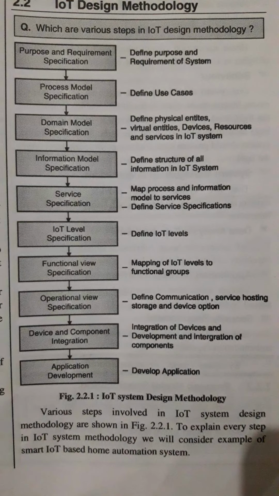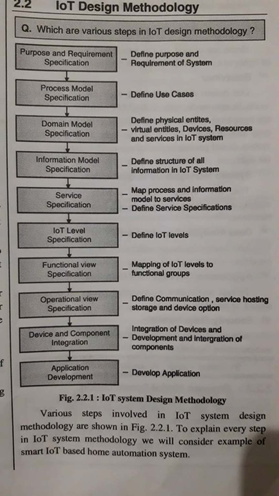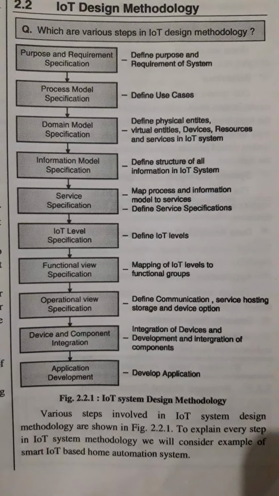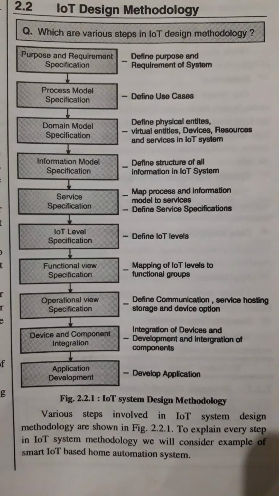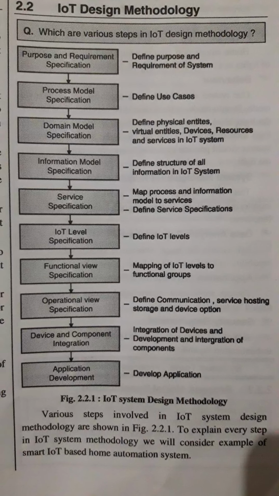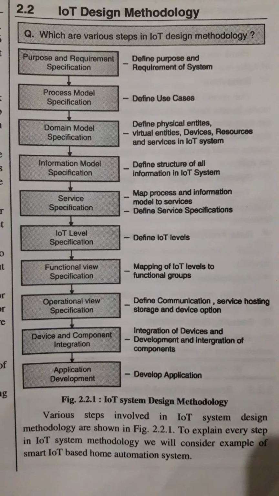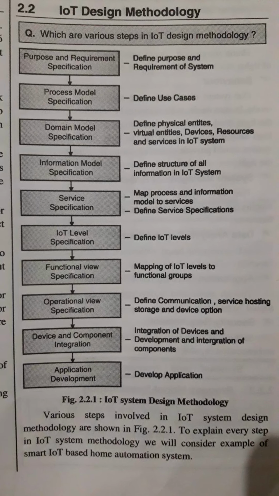Next, functional specification, which maps various functional groups, that is, mapping of IoT levels to different functional groups. IoT levels, that means IoT level 1, IoT level 2, 3, 4 and 6, will be mapped to various functional groups. And then operational view specification,